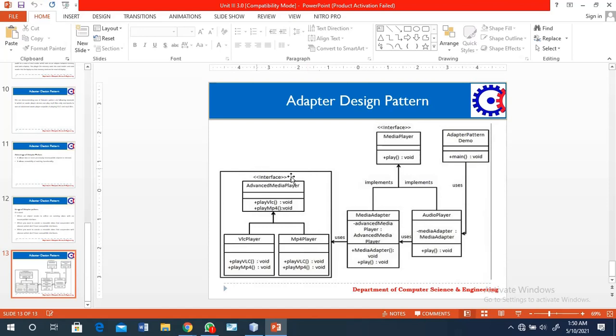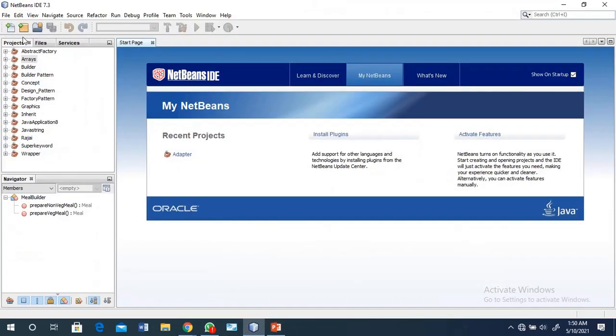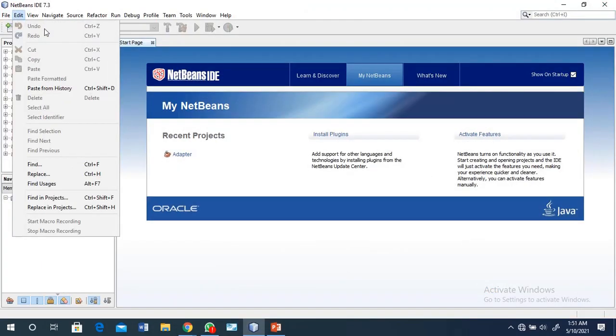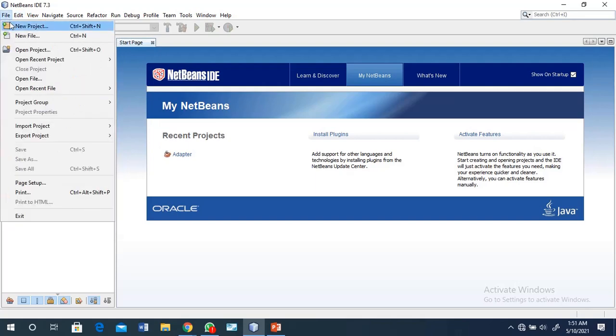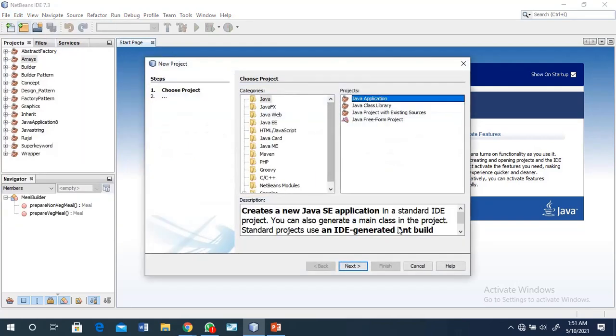Looking at the diagram, the media player has one method, the play method. Then the advanced media player has play VLC and play MP4 methods. First we create one project here, a Java application.